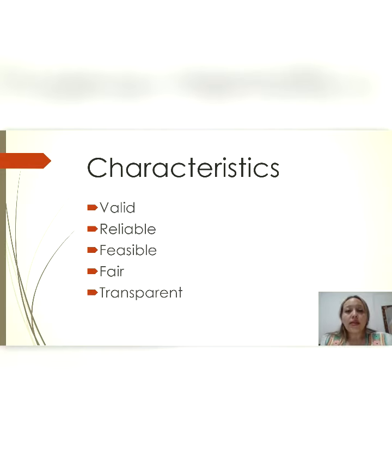The second characteristic is that assessment has to be reliable. That means that the instrument is accurate, it is consistent, and can be repeatable. It means that you can apply the same instrument in a similar context. The third characteristic is that it has to be feasible. It means that it has to be practicable in terms of time, resources, and the number of students to be applied.